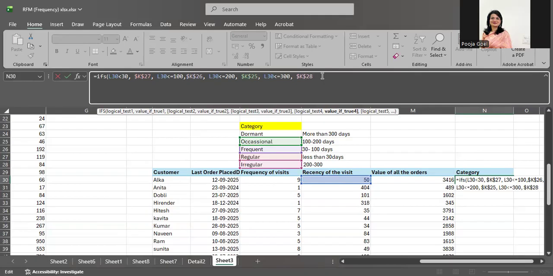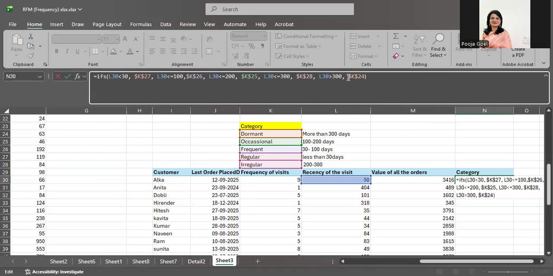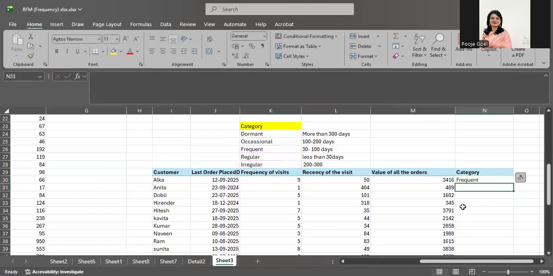And the last option is if L30 is greater than 300, then put this. Again I have to put the dollar sign. The moment I put the dollar, the column will be fixed because every time I have to go back to this index. So let me run this value.